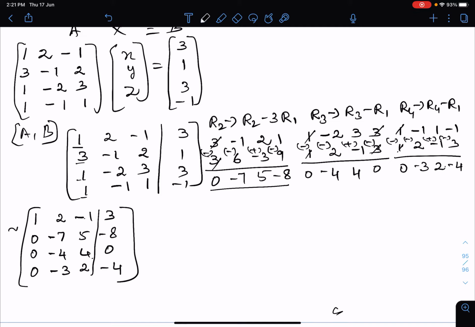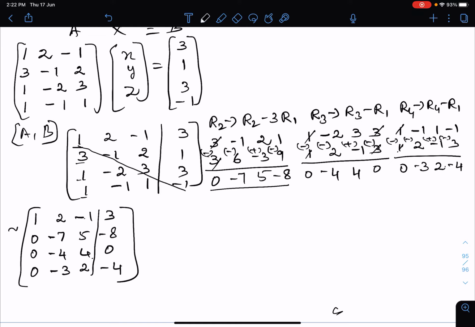Now our first column is over. Now we are going to go into our second column, our principal diagonal. Our principal diagonal is here, isn't it? This is our principal diagonal. So below this, the first thing is over, 3 zeros. For the next thing, below this minus 7 you are going to get 2 zeros. So 2 rows you are going to convert to get 2 zeros. Now you have to get the help of R2, not R1.